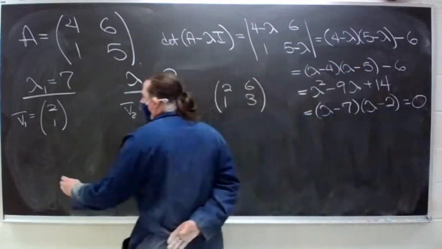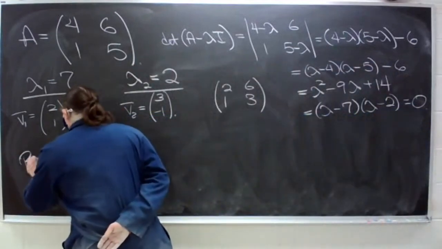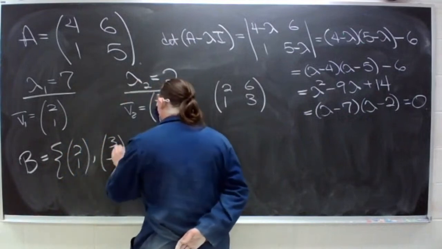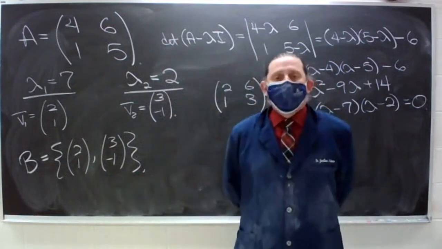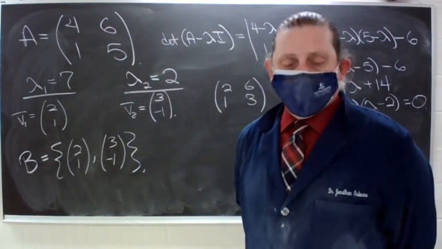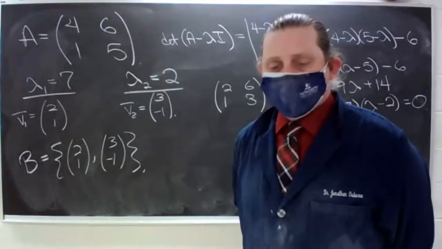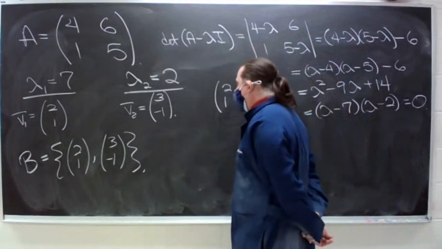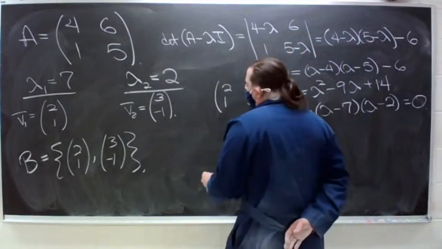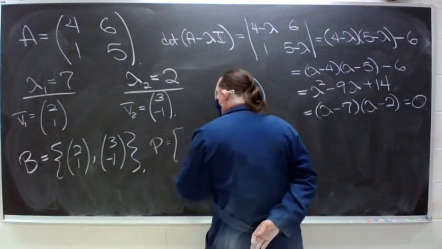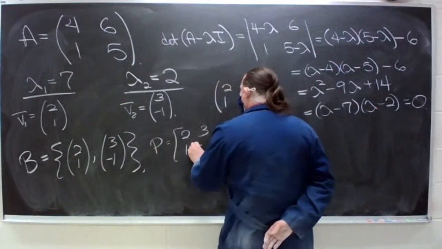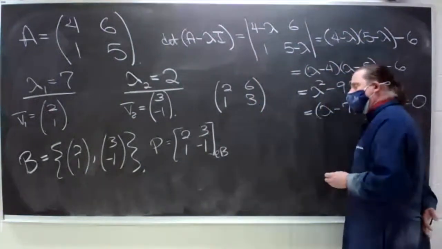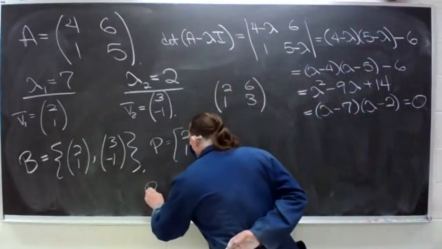So now, I can write a basis for R2 by including each of these vectors. An eigenbasis associated with matrix A. My change of basis matrix would be that matrix. Its inverse,